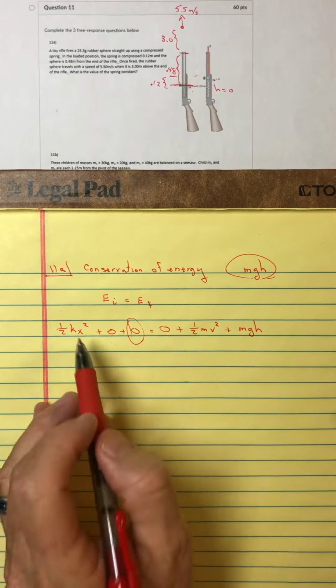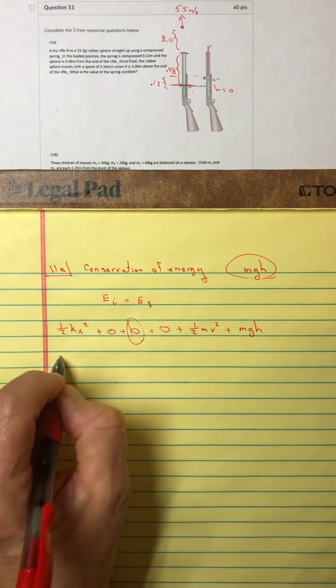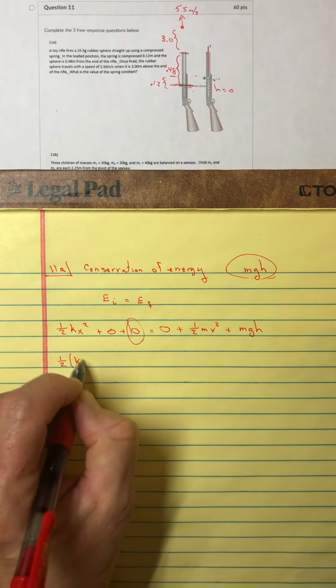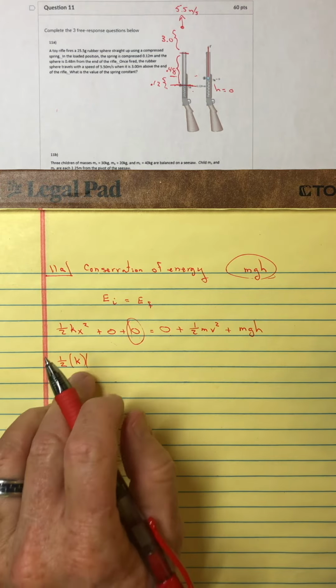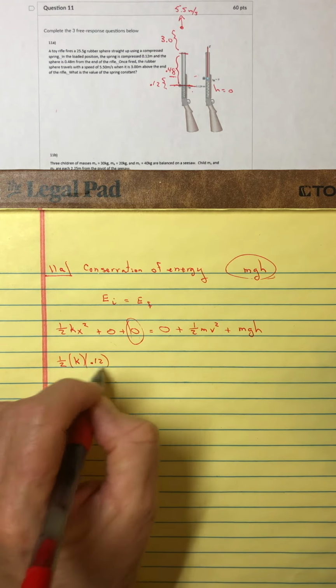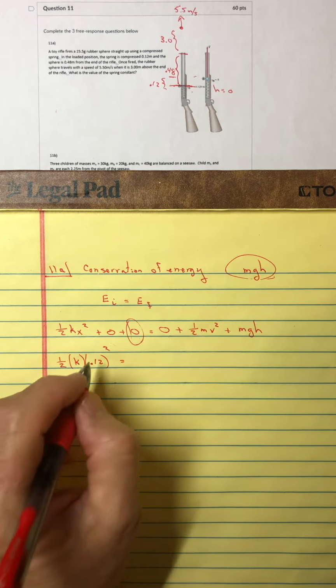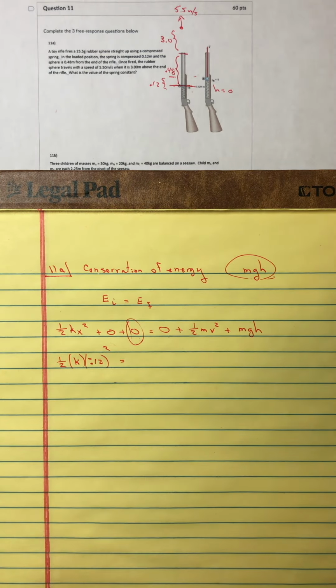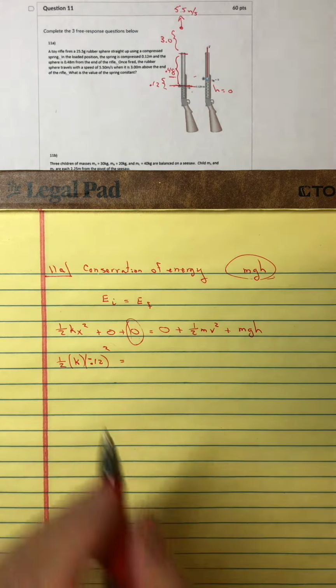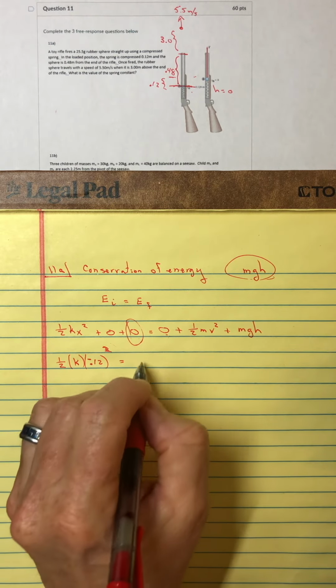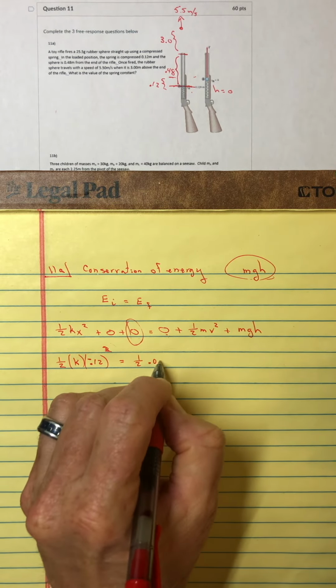But I know all of these except for k, so now I can just put in my numbers. I can put a 1/2. And the k is what I don't know, but I do know that I am starting off with the spring compressed 0.12. You can even put a negative if you want, but since you're squaring it, it's kind of irrelevant. And then, like I said, once it fires it, you no longer have any energy from the compressed spring,